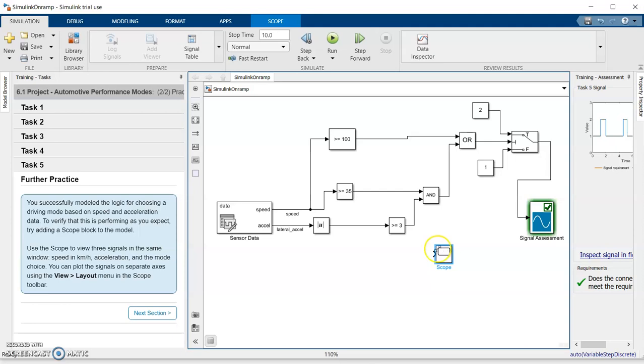You can make these three inputs in the scope: select the number of inputs as 3, connect the speed and acceleration inputs directly, and connect the output of the switch to the mode signal, and then you can see the output in the scope block.